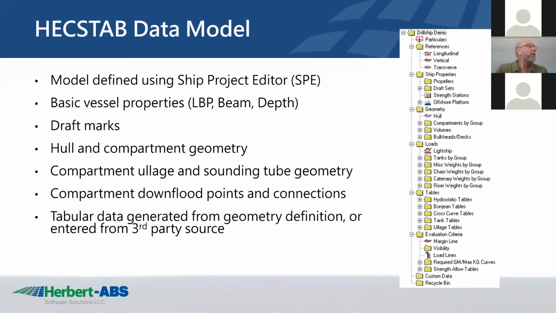So just to give a quick overview of what drives a HECSTAB analysis, the model we define for that is done in a separate app that we've always called the Ship Project Editor, or we'll call it SPE from now on. And in that software, the basic layout is shown on the right here. So there's a lot of data in the ship project, and a portion of that is the geometry. There's a section here for the geometry, but then there's a lot of other data that defines the different aspects of the ship,